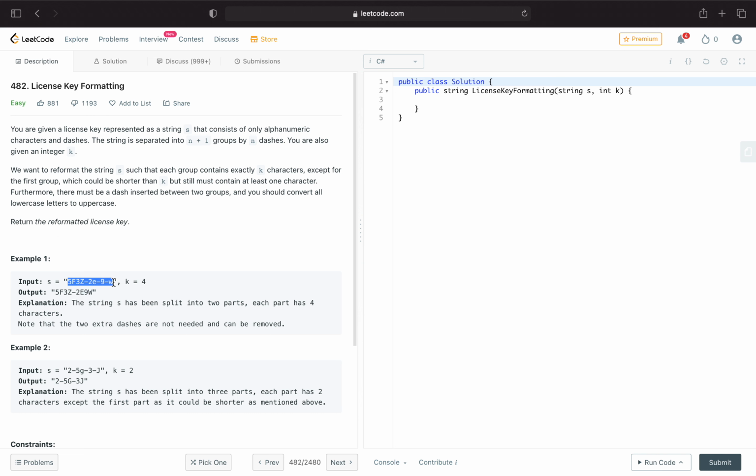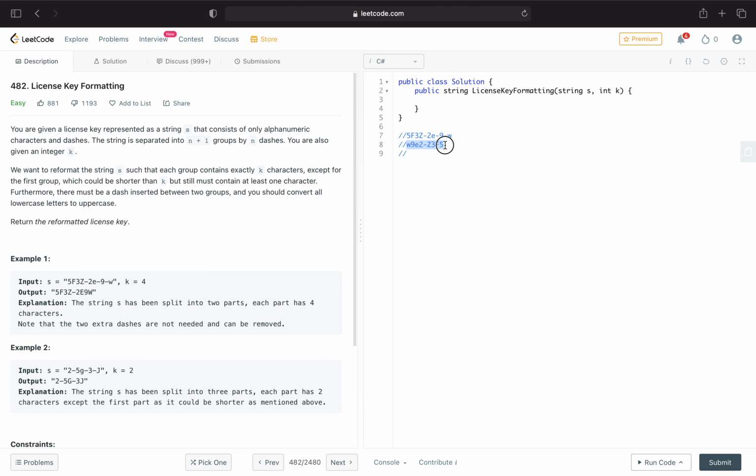So when we have this example, the way I'm going to do it is I will loop through every character in the input string from the rightmost to the leftmost, from right to left. How many elements should be in one group? Just 4 elements, right? Okay, 4. We start with W, 9, E. W, I will not change here. E, 2, dash, and then we have Z, 3, F, 5. Okay, then